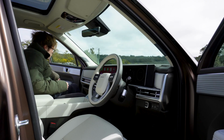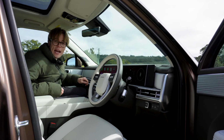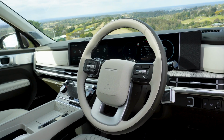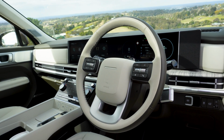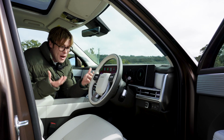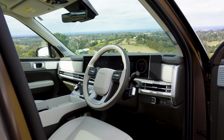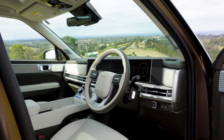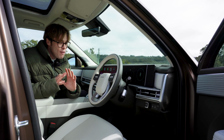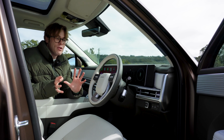Santa Fe. Now, it's up to interpretation whether this sort of looks like a Land Rover on the outside, but come on, Hyundai. This is clearly a Range Rover steering wheel. There is no denying that. This looks identical to the dual tone wheel you could get on a Range Rover, and Hyundai's gone, thanks, we'll have that, we'll put it in here. Am I complaining about it? Absolutely not. It looks gorgeous and it makes this thing feel far from being a Hyundai, which is exactly what